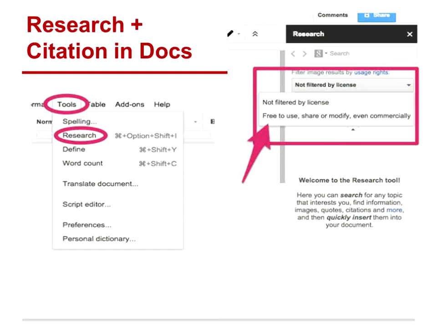Does the research option exist when working in Google Slides as well? Yes, it does, and it works really well, in the exact same way. You can access it by going to Tools and Research as well. Okay.